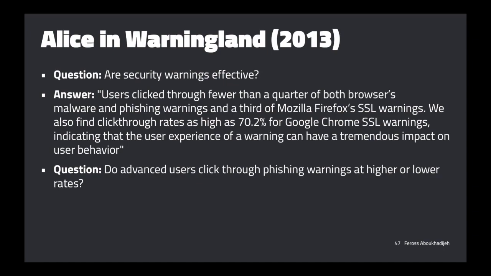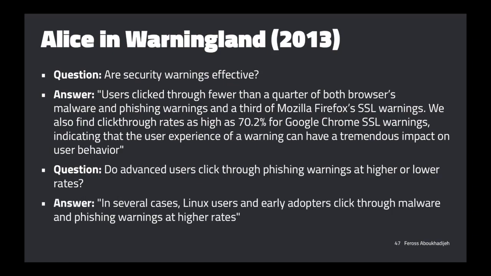So Linux users and other early adopter users. They determine that based on if you're using a beta version of the browser or a nightly version of the browser, then you're an early adopter. Yeah, they click through malware and phishing warnings at a much higher rate. Yeah, you're right. But anyway, I think the point is basically just that